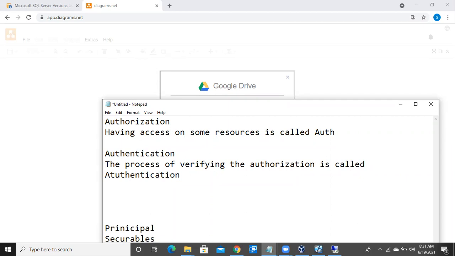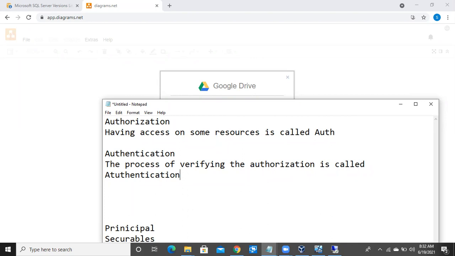If Karthik gives a wrong password, it will simply throw login failed, or username or password is incorrect. In the same way, if you're trying to enter the server room, you have to give a PIN, flash your ID card, or give your biometric to open the door. The process you follow to enter the room, the process of verification, is called authentication.